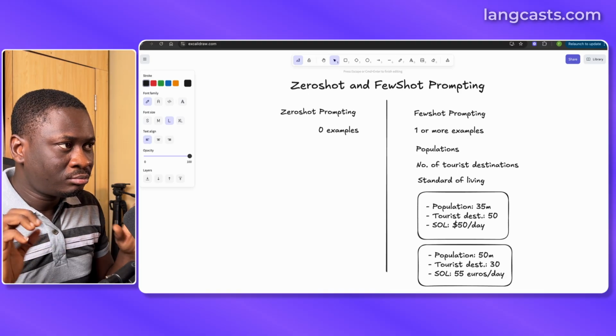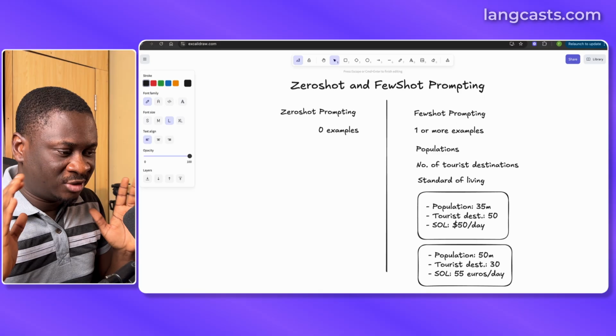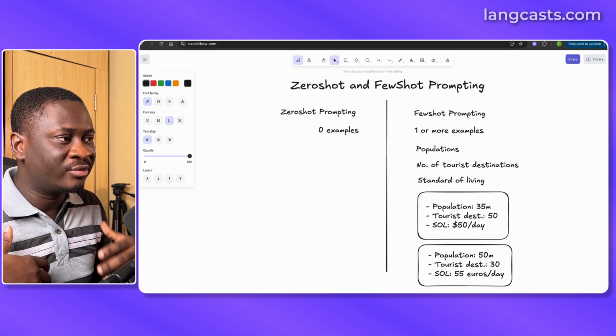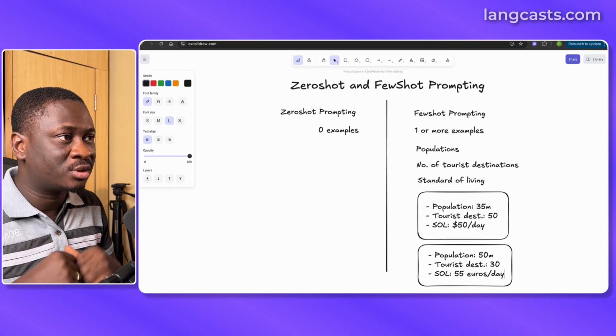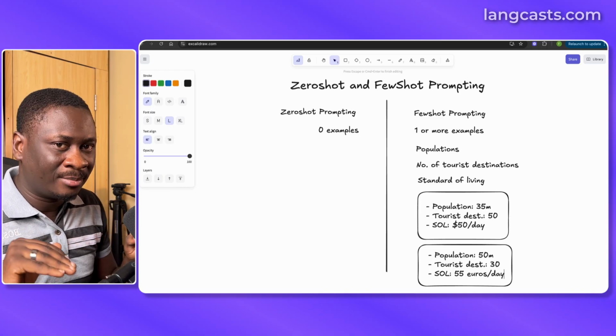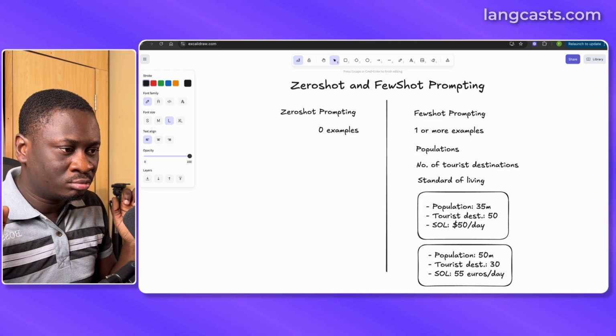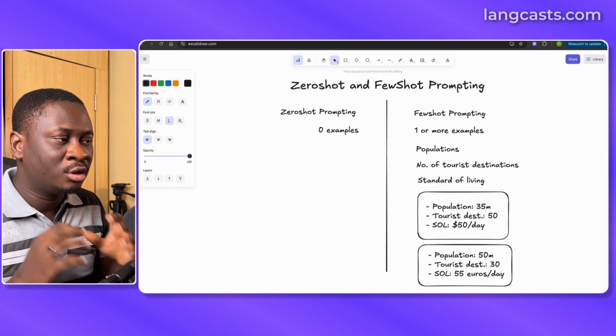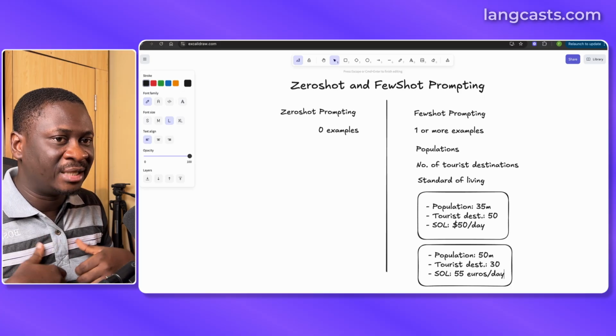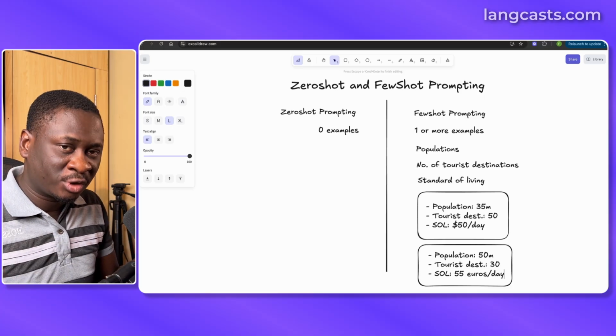So yeah, this is how you do few shot. This is basically what few shot is. You are giving the model examples on how to present the expected response. Like we said, zero shot, no examples. You just want it to run free, do its thing, and you're okay with any format it presents the result in. But in few shot, you want to be in control. So you want to define the style you want the response to come in.